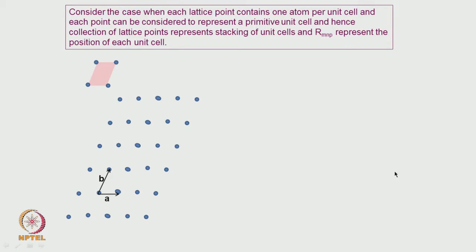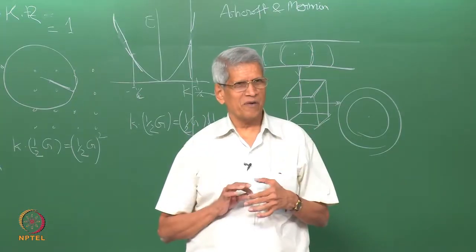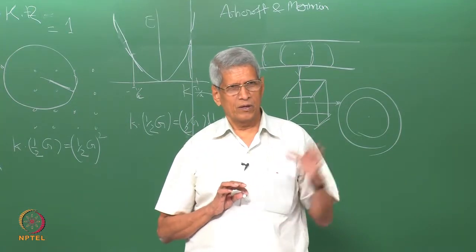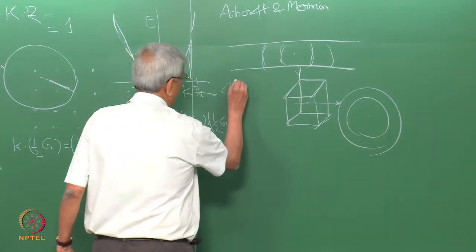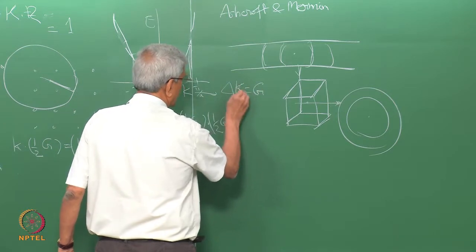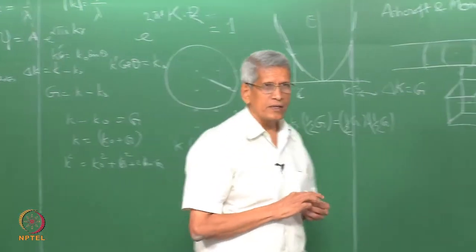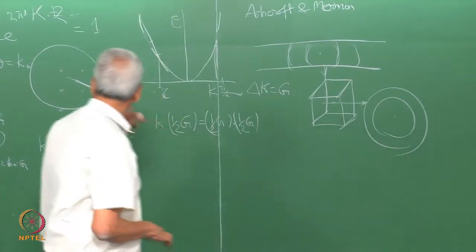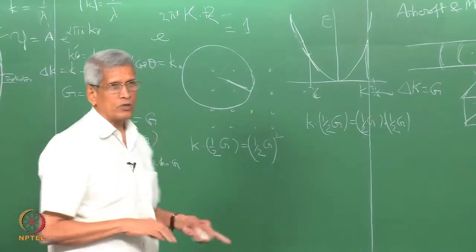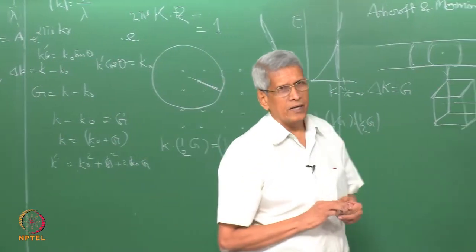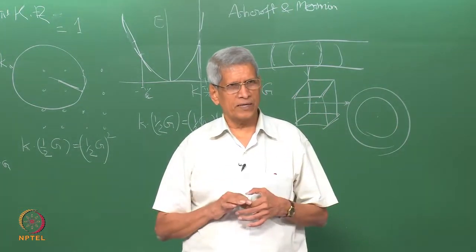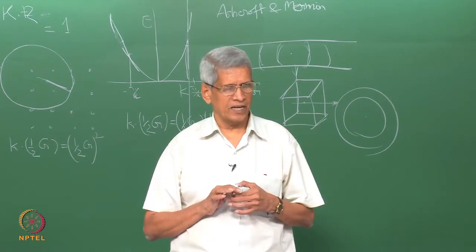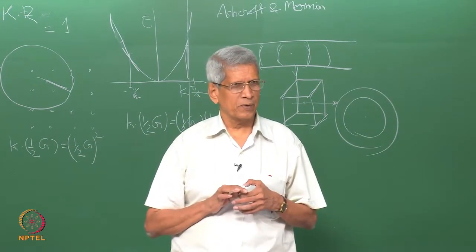So far, what are the things we have considered today? One, looking at the basic condition delta k equals G, the Ewald sphere construction, and then the Brillouin zone concept, how this Ewald sphere construction gives rise to the diffraction pattern and how the diffraction patterns appear on the screen. That we have looked at.